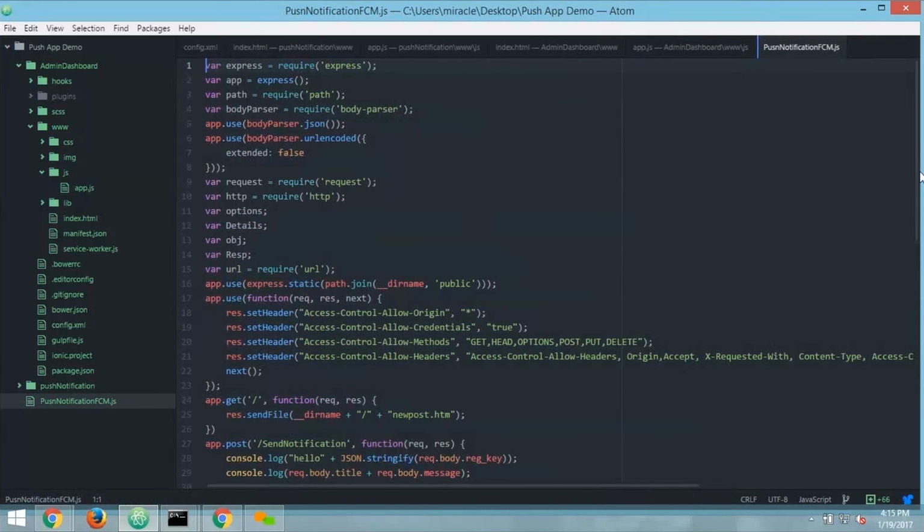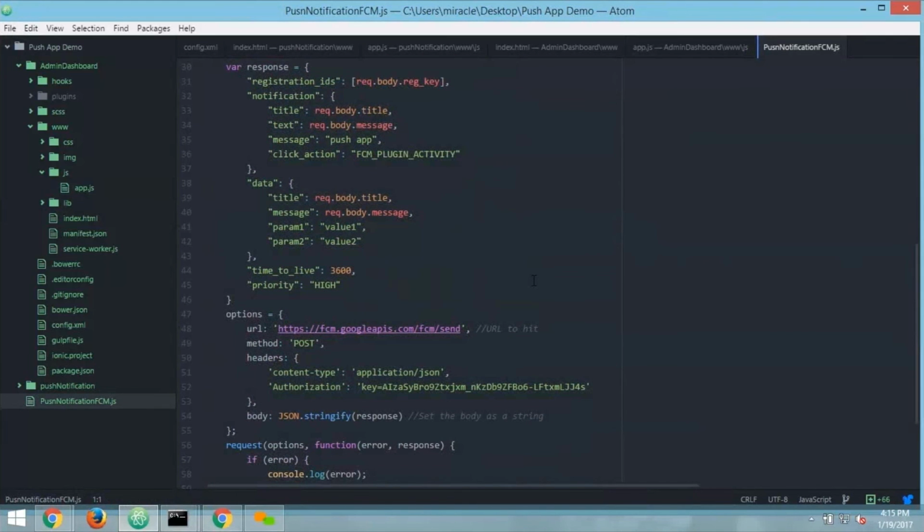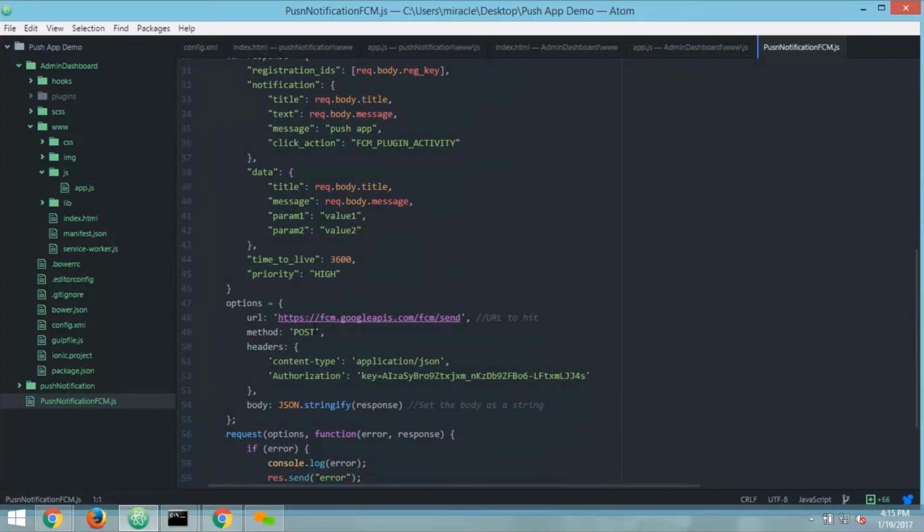Here, whenever the administrator clicks the submit button, it will call this particular Node.js API, that is the send notification service. What will this service do? It will send a request to the FCM API, which is a POST method, and in the header we need to pass two parameters.